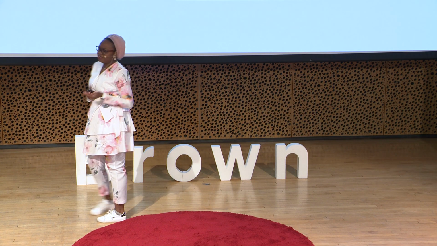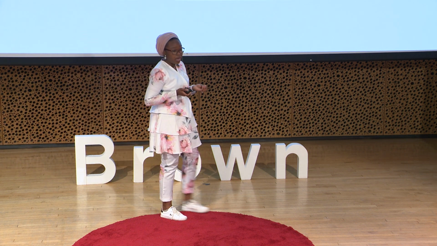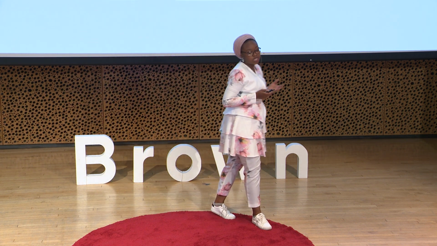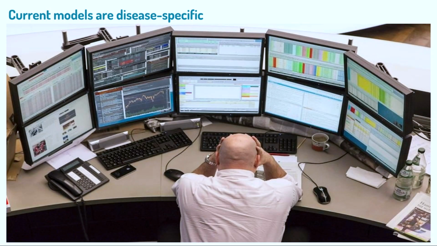But in the case of diseases, these labeled examples are not always available and are challenging to find, especially in the case of rare diseases. That has led to the scarcity of supervised models for this condition. And even when they do exist, they are often disease-specific. Imagine having different disease models for different diseases in a hospital setting where we have to consider thousands of possibilities. Imagine, look at this poor doctor. He doesn't even know where to begin.